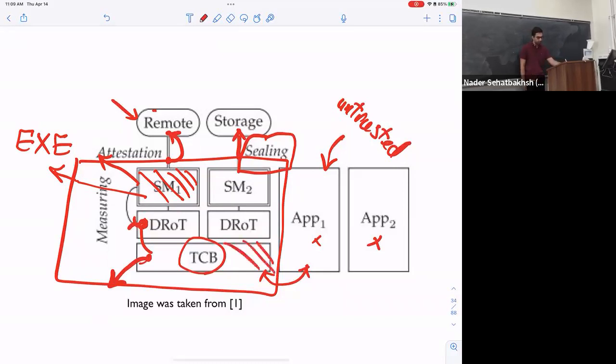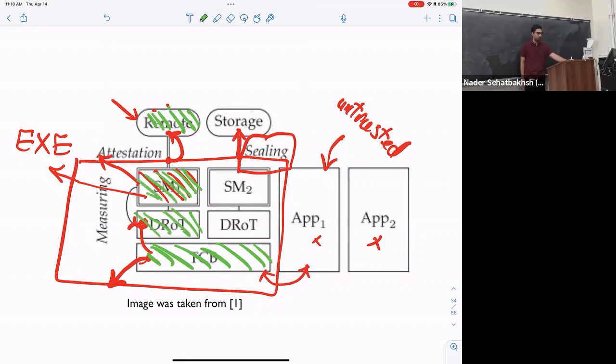We always trust this part. So this remote user, let me use another color maybe, trusts this part here. These two always trust each other. The rest of this is just a mechanism that we create, where we first trust this part, then this part trusts this part, and now the remote user can run this secure module on this untrusted system. But the remote user cannot, for example, run this app, because it has no idea whether this app can be trusted or not.